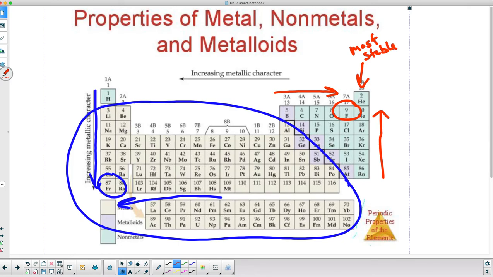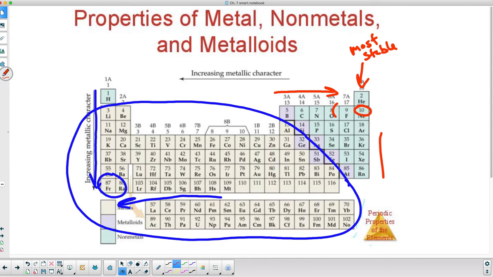Those electron configurations are, for lack of a better term, perfect and do not want to gain electrons or lose electrons, whereas right next door in the halogens, the 7A, fluorine, chlorine, bromine, iodine, astatine, they all want to gain one electron to look like the noble gases. That's why on the other side lithium, sodium, potassium, rubidium and cesium are all very, very reactive, because they want to lose one electron to look like a noble gas. So sodium, number 11, loses one electron to have 10 electrons. And what else has 10 electrons? Well, of course,